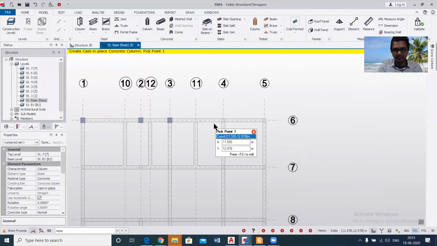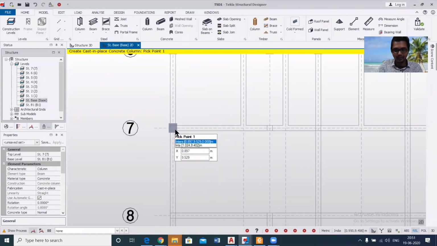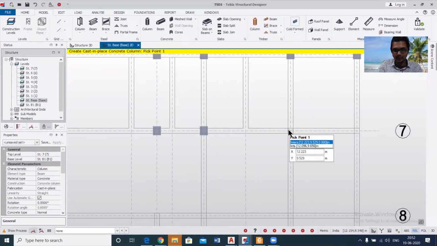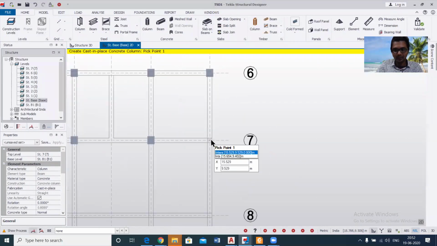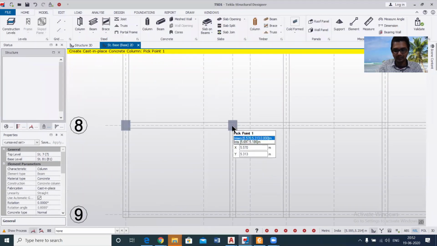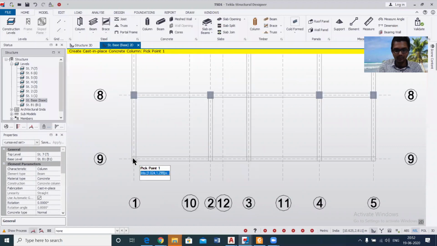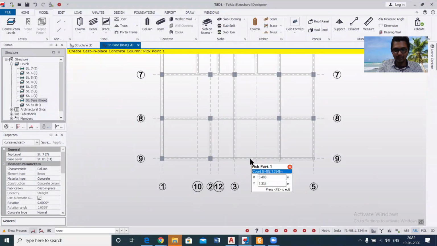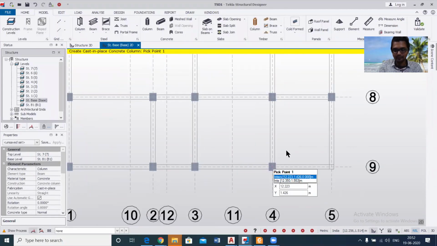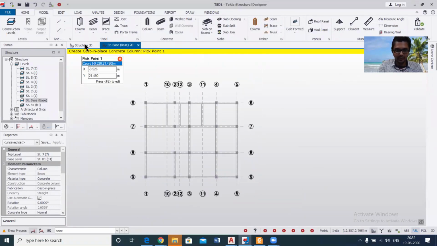It's very easy, and there are a lot of softwares for structural design available in the market, and the most popular among them is STAAD.Pro, which everyone learned. STAAD.Pro is the basics, but this software is very easy because it's user friendly, and it's easy to learn. But what we do in our course is not only the software, but the complete design of the building, so that our students can design any building on their own. Because in this field of structural design, there are a lot of experienced people.